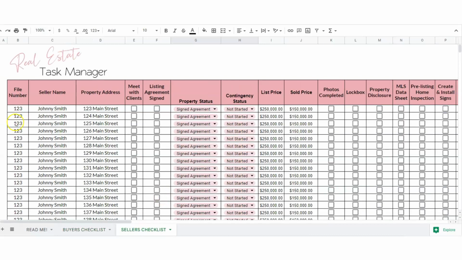Okay, let's go to the seller's checklist. It is similar. So you've got, again, the file number, the seller name, property address, whether or not you've met the clients, listing agreement signed, property status, contingency status, list price, sold price,